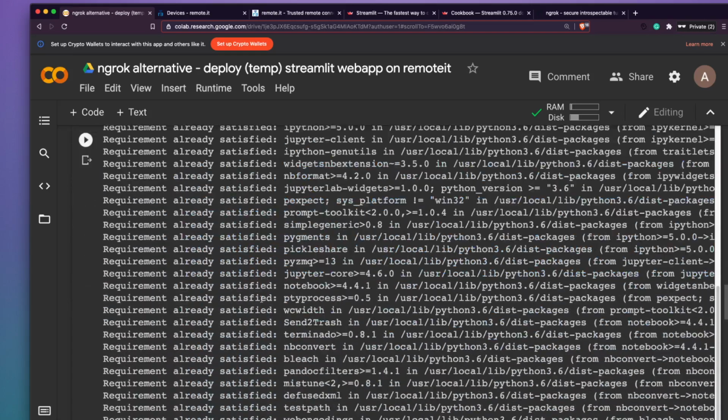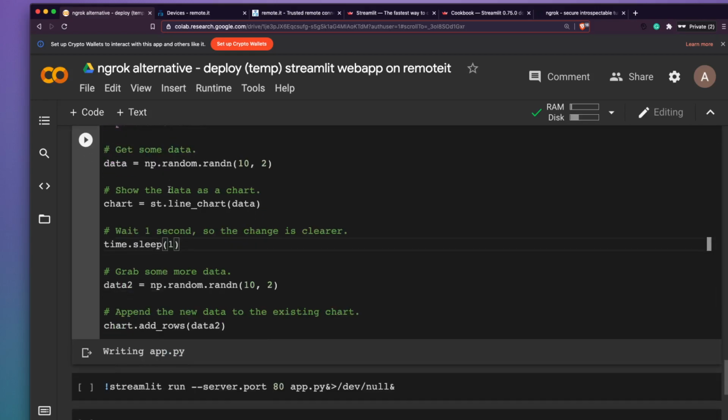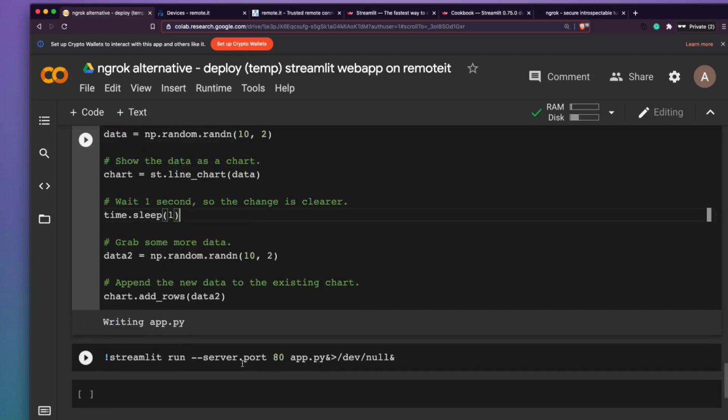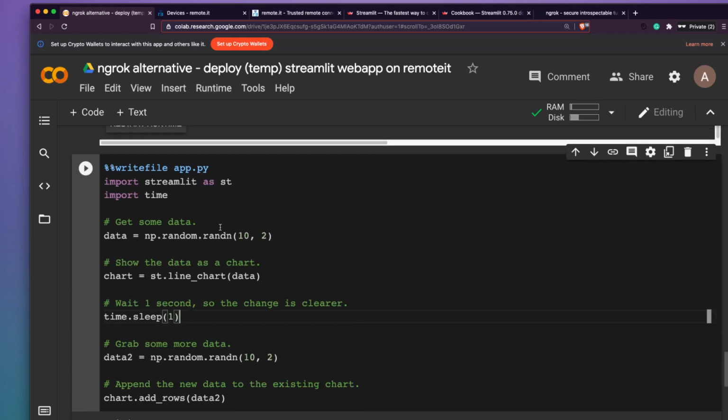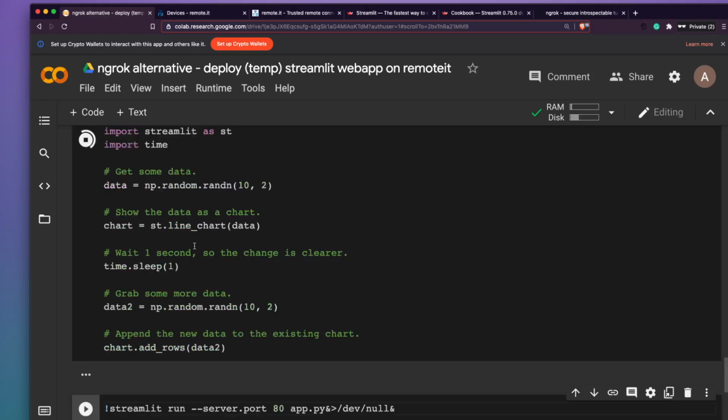Once you install Streamlit, then we have to run the application. The way you usually run Streamlit is you create a .py file, which is a Streamlit Python code, and then you run it using a CLI command, which is streamlit run and then the file name. But in this case, because we are on the Google Colab environment, we want to write the file somewhere. So we are going to use the magic command and say whatever is the content of this cell, you write it on app.py. So basically we are taking the cell and writing it as a Python file, which is called app.py.